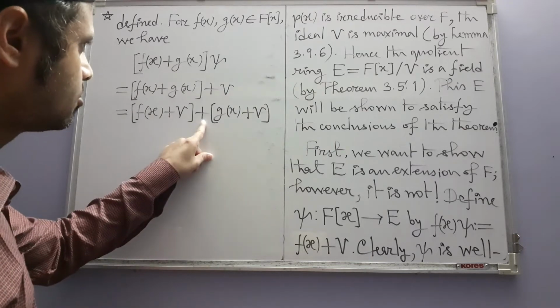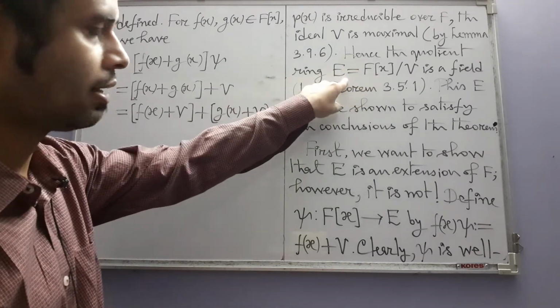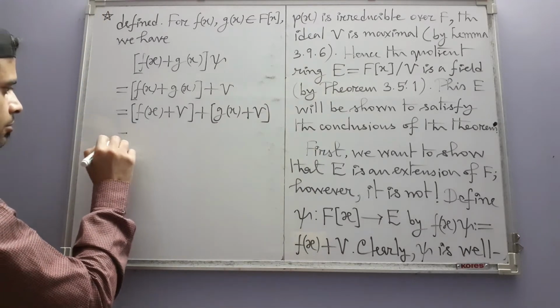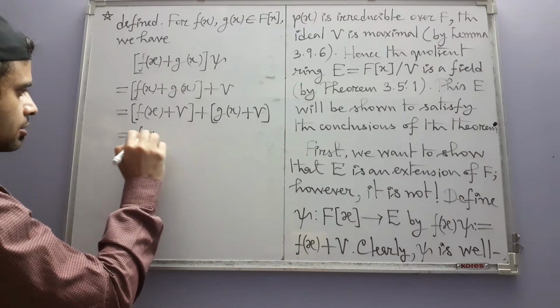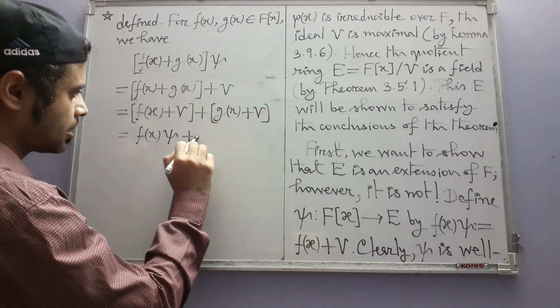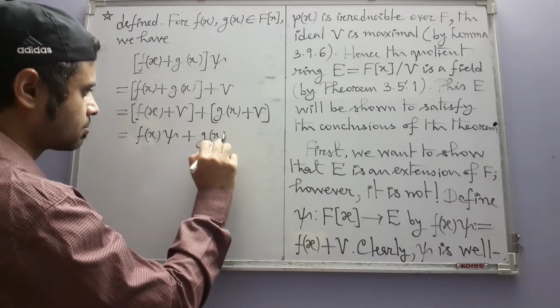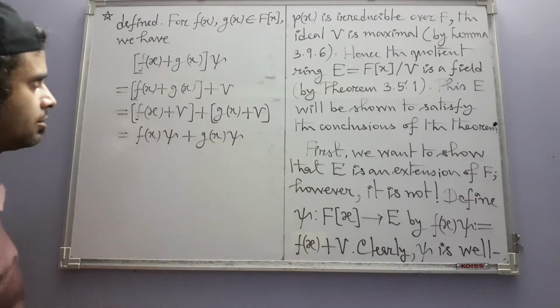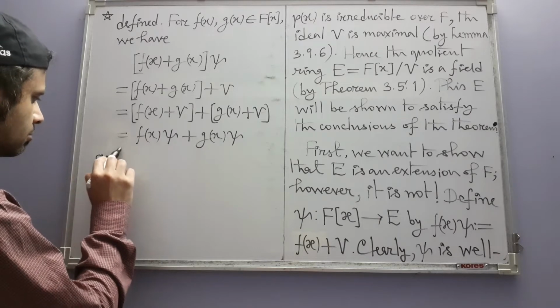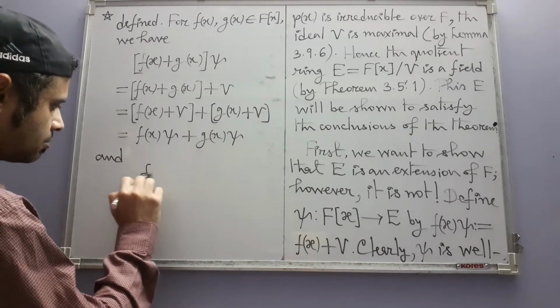This addition that you see is the addition that we have in this field E. And this is nothing but the psi image of f(x), and this is the psi image of g(x). So psi respects addition, and like that